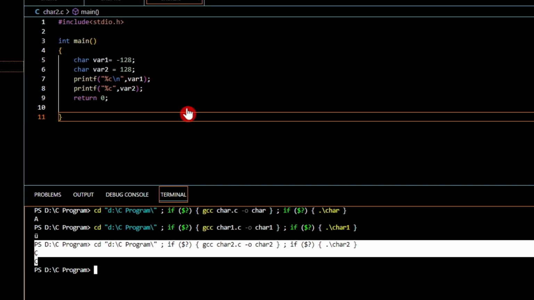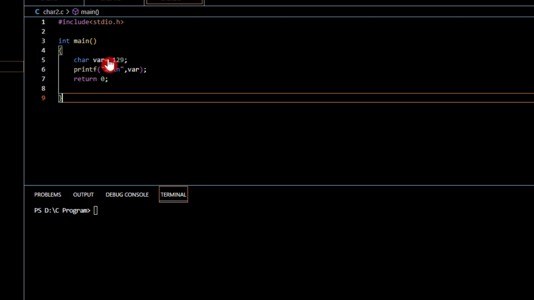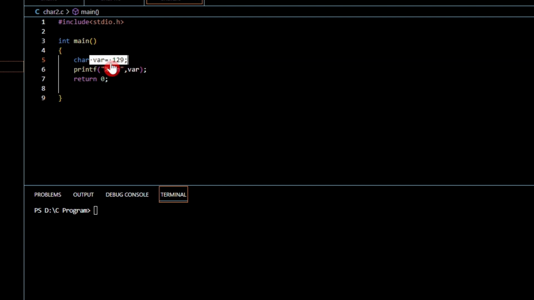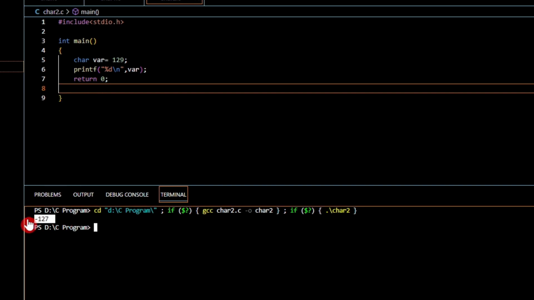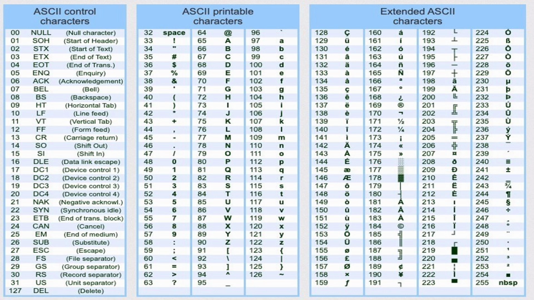Now, let's see this program. In this program, we declare and define a character variable and assign it +129. Let the code speak for itself. This would be the result, -127. So, in case of a character variable, a negative value will not give you any extra power. Always remember that in the extended ASCII encoding, each negative value is equivalent to some positive value, because after all,